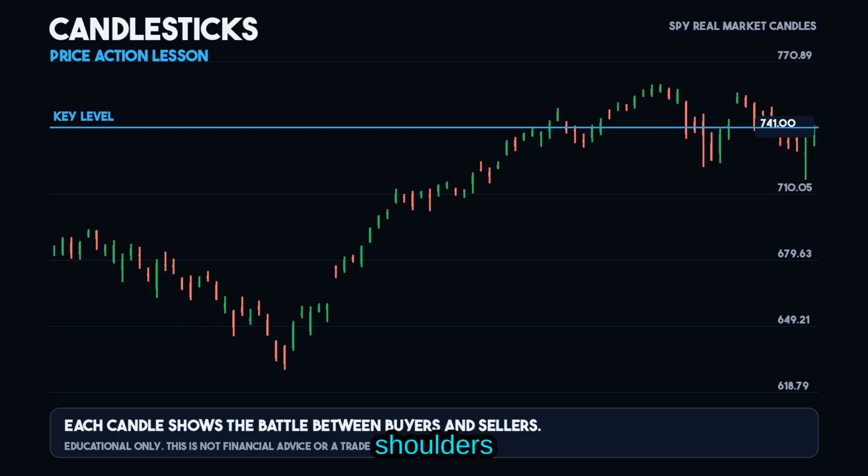Recap: the head and shoulders pattern consists of a left shoulder, a head, and a right shoulder. It's a strong reversal signal, and it's crucial to wait for the price to break below the right shoulder support before entering a trade. To be a successful trader, you also need to understand key concepts, such as risk management, and always be aware of the